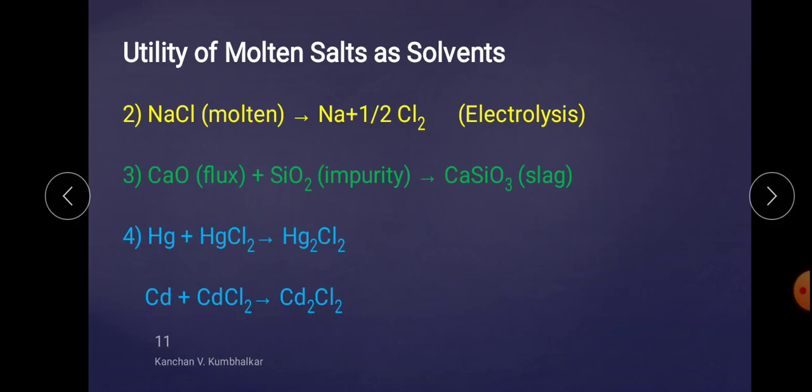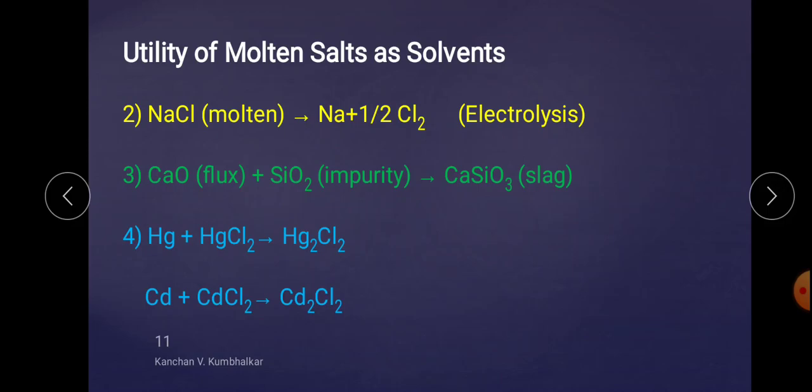The third application is that molten salts are used in metallurgy to remove silica as slag, which is in a molten state at the temperature required for the extraction of metal. Now we know that in metallurgy the metal extraction takes place. We have to remove a metal in a solid phase from the muddy part of the earth. So for that purpose we have to use some metallic solvent.